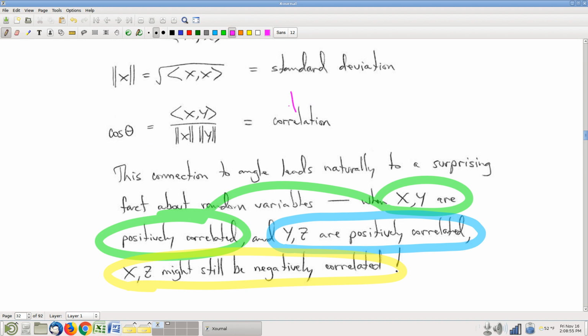So a positive correlation can be thought of as just corresponding to an acute angle, right? A positive value of cosine means the angle is acute. So think of positive correlation as just corresponding to an acute angle inside of our inner product space. Yeah, less than 90 degrees. Okay. A negative correlation,